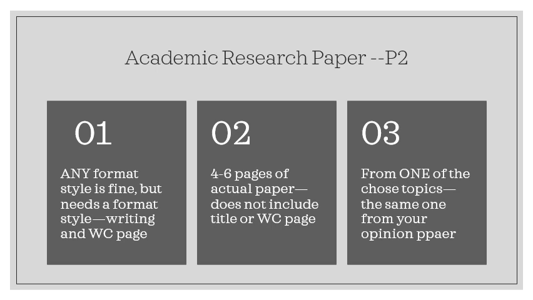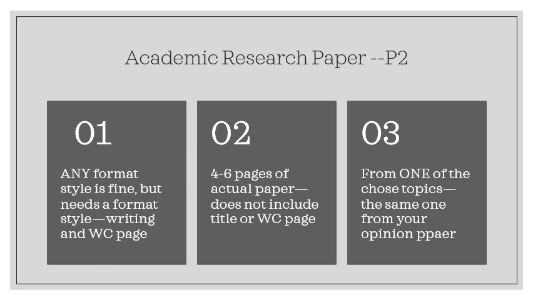Number 2, it needs to be 4 to 6 pages of actual paper. This does not include a title page or works cited page. Your content. That's a very short research paper. I'm going to say that individuals who write the 4-page, the minimum, are going to get sort of a minimum grade, and individuals who write the 6-page are going to get sort of a maximum grade. So be aware of when you're writing, are you filling your content with legitimate arguments, details, right? So basically, your whole paper is a big argument, and it needs to be filled with things that support that